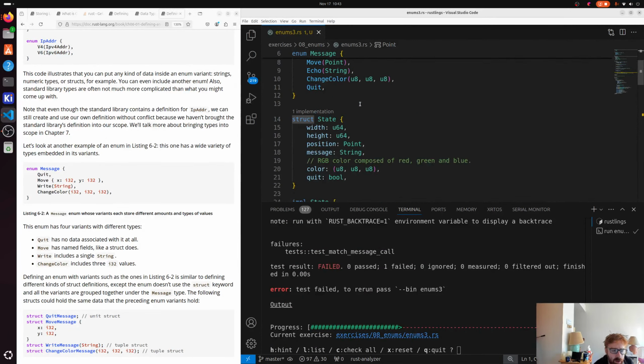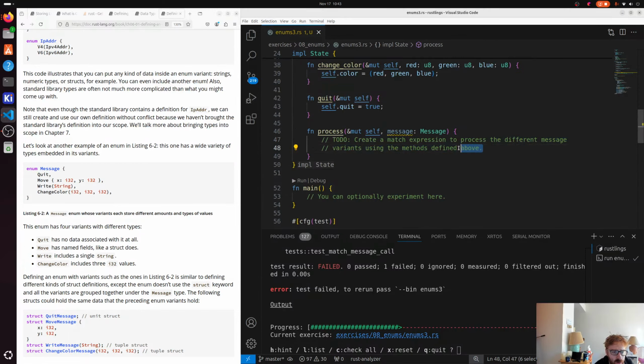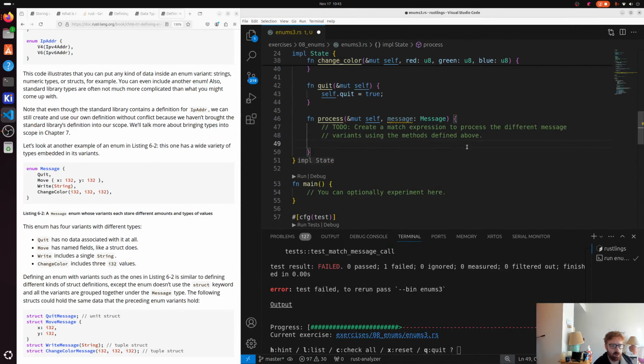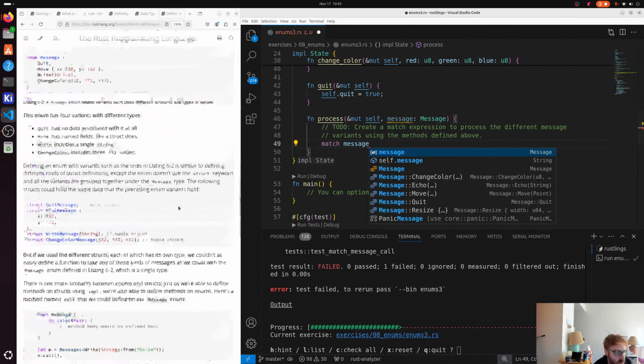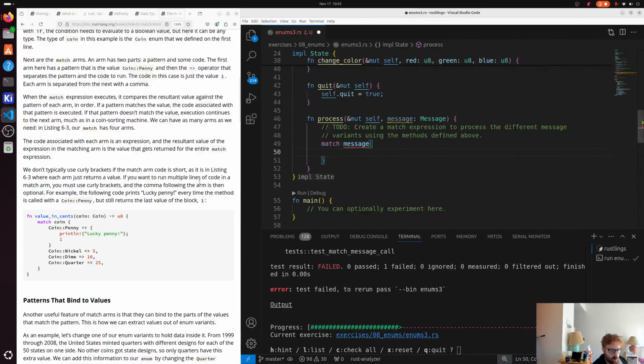Oh boy, there's some code here. Green and blue. So we've got some implied state or implementation state. Okay. You've got to create a match expression to process the different message variants using the method derived above. Okay, so I think it's like match message and then something. So match message, and then now, right? Yeah, coin. So then I can do message,